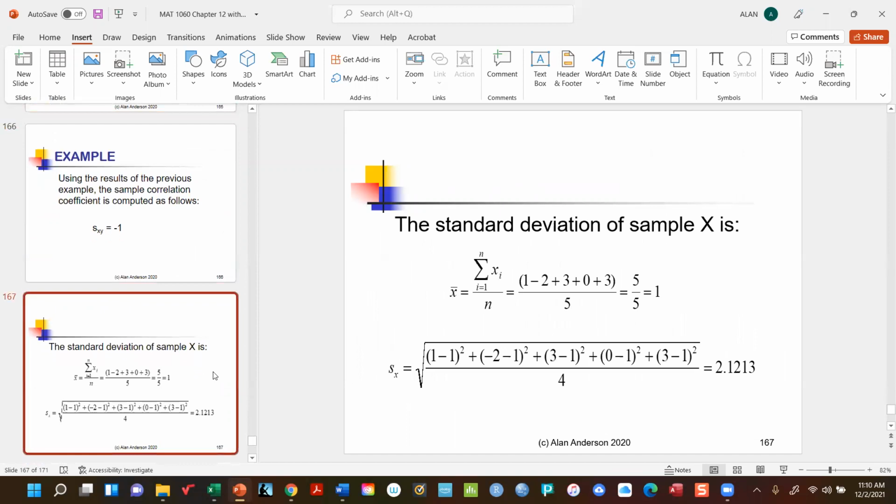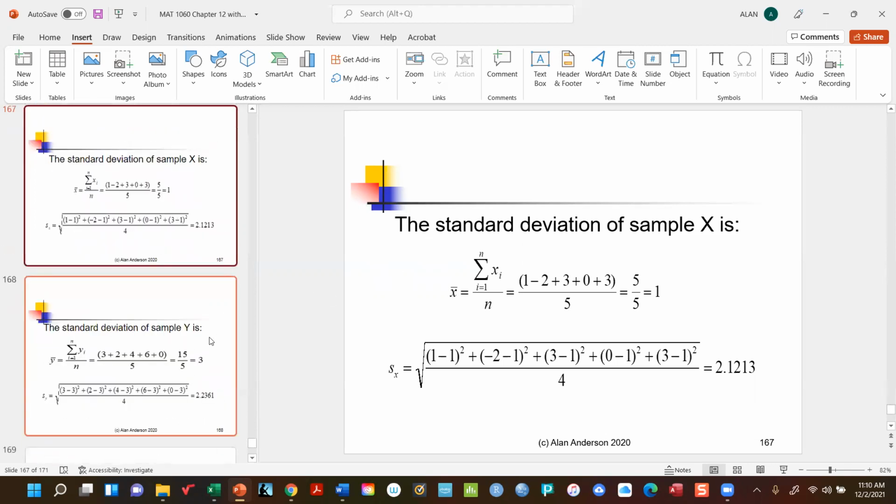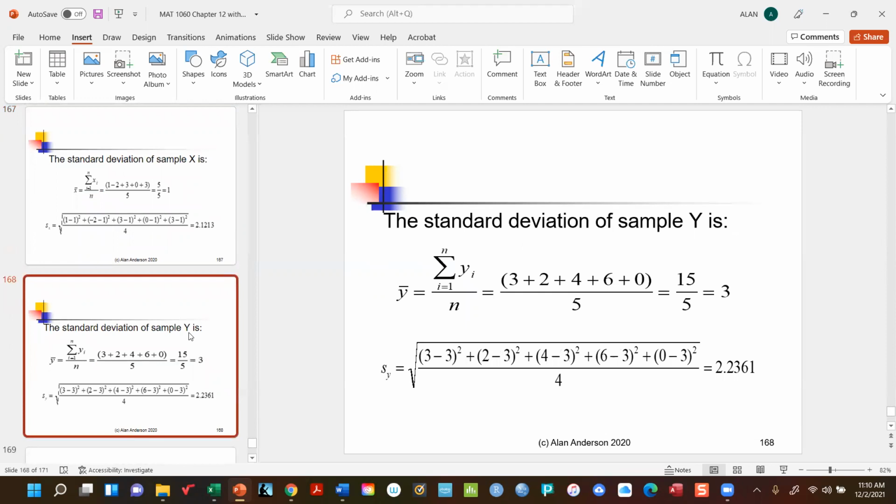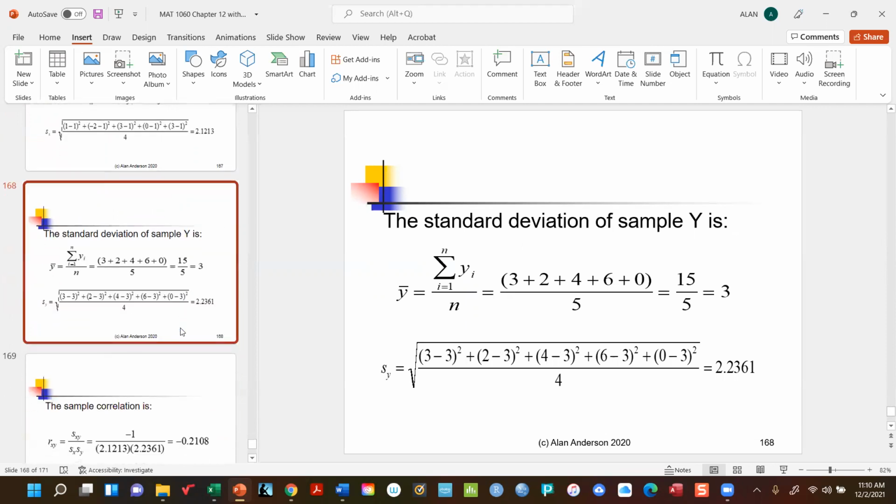All right, so I went ahead and did both sample standard deviations. For X, the sample standard deviation is approximately 2.1213. You don't have to do this right now. You know how to do this. And for Y, it's approximately 2.2361. Okay. So when you bring them all together,